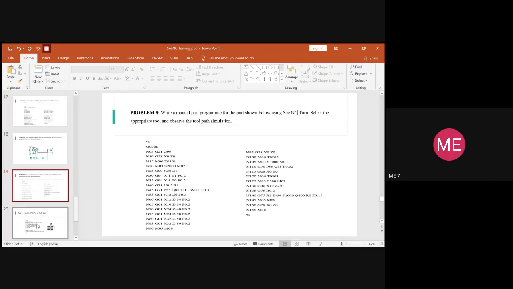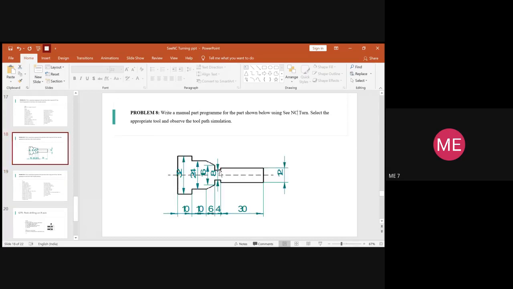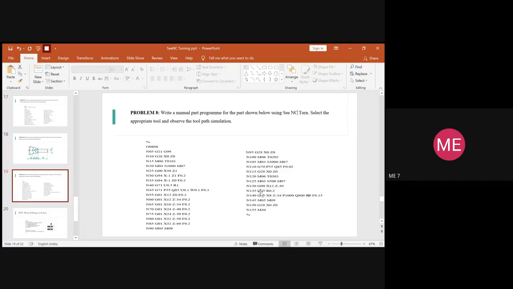So third tool you are selecting to make the drilling operation. We usually tell that as peck drilling. So peck drilling can be done along the x-axis as well as the z-axis. If you are going to do the peck drilling along x-axis, then we use G75. If you want to do the peck drilling along z-axis, then you'll go with G74. Okay, since now we need the groove along the x direction, not along the z, right? So due to x direction drilling, we are using the code as G75.